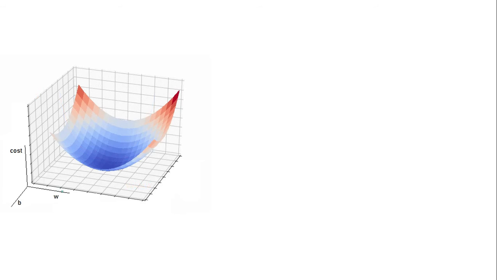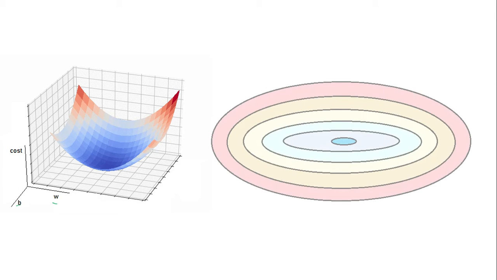We know that the graph of the cost versus weight parameter looks like this, and these are the weight updates and how the cost reaches the local minima. But this is the graph when we only consider one weight parameter. Let's say if we have two weight parameters W and B, then the graph will become a 3D surface like this. When we plot a contour of this graph, it looks like this. A contour is nothing but a 2D projection of the 3D surface, or you can say it is the top view of this 3D surface.